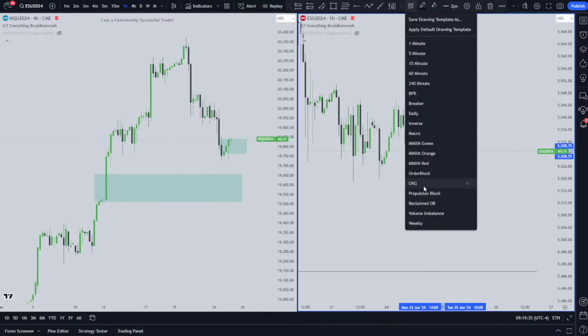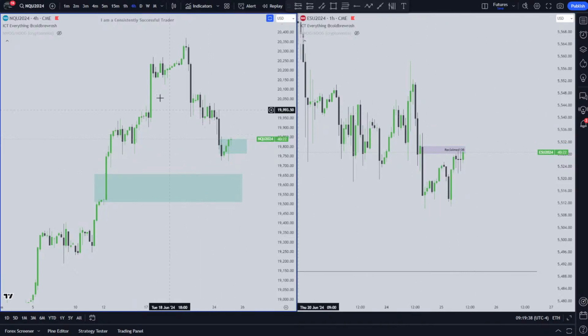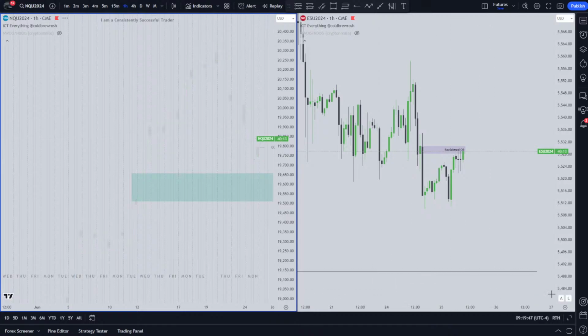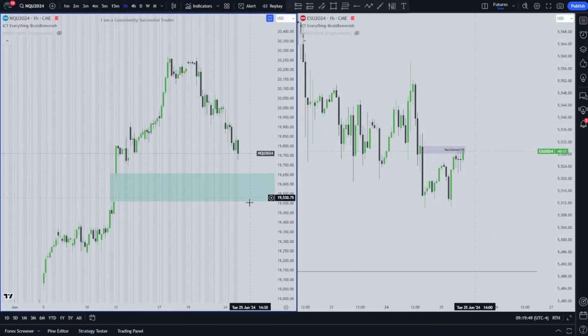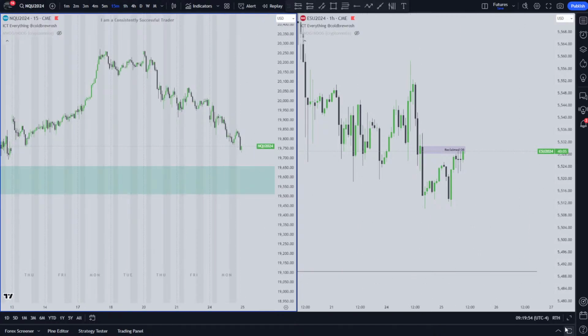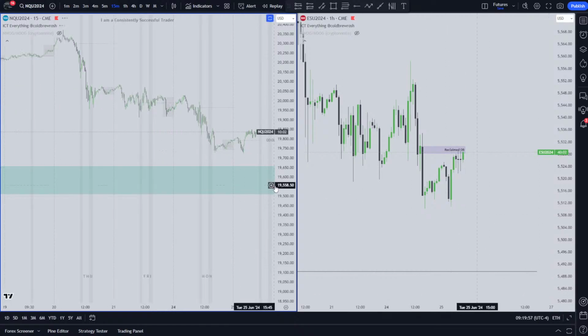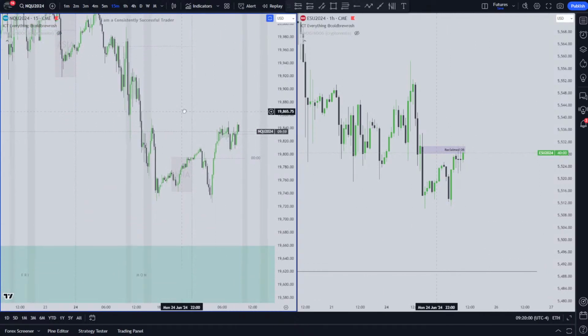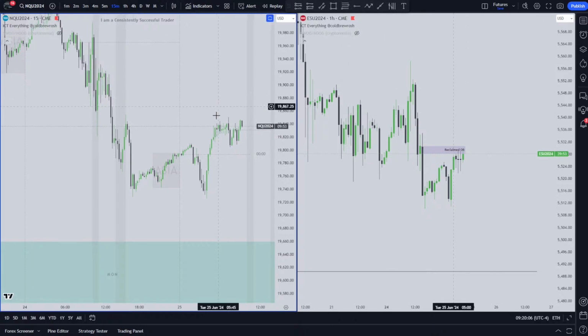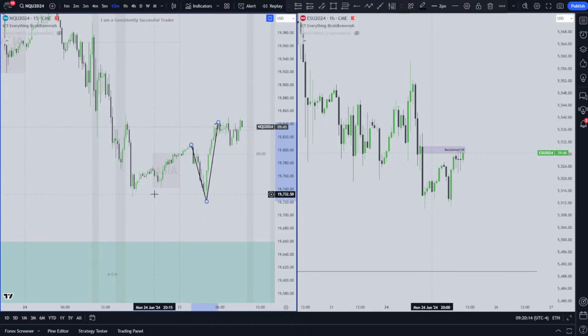I somewhat would have preferred to see this gap get filled, or some kind of touch into that, before we're maybe making our, what do you call this, the smart money reversal. Because here, this is where we need to be very critical now of what happens, because if this is our smart money reversal, since we've got SMT,